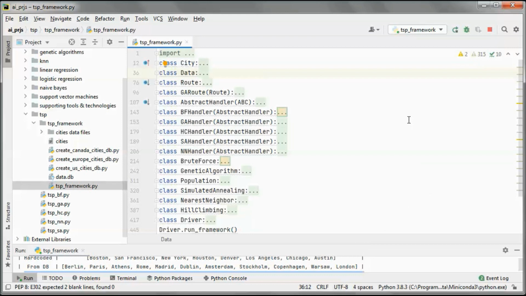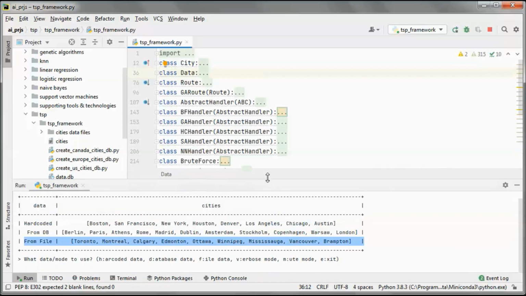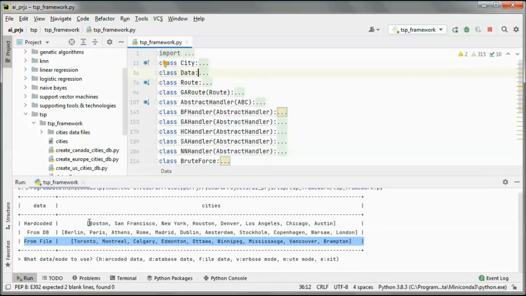So in each route we start from one of the cities and then go through each city once and then return to the originating city.